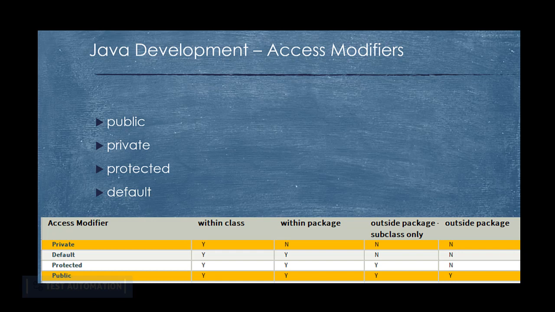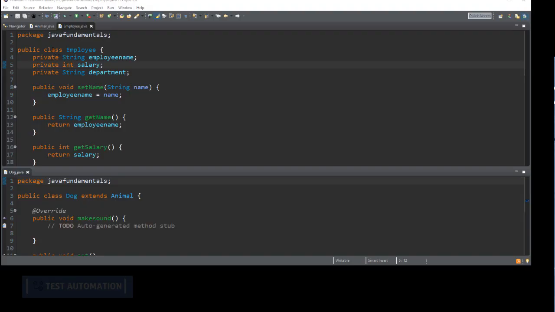First of all, what are access modifiers? Access modifiers are used to specify the access level for a given class or variable or method or constructor. Constructor as of now is a new concept for you. We haven't discussed constructor yet, but you know variables, you know methods, you know classes, right? So if you are declaring any one of these, there is an access modifier in front of them which indicates